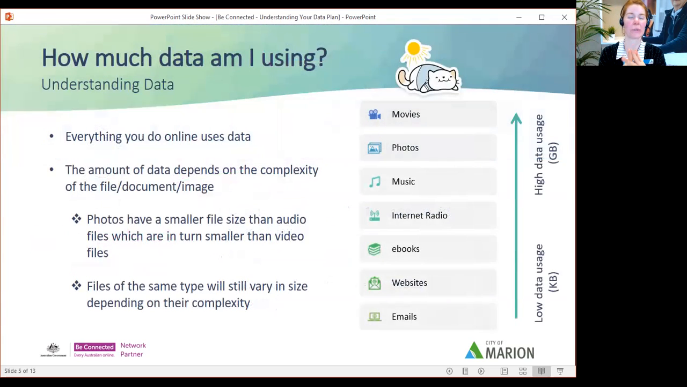So how much data you're using. I've got on the right hand side here an ascending chart of data usage. At the lowest, we've got emails and websites, and at the highest, we've got downloading photos and streaming movies. So everything you do online will use data, because what happens in terms of how data moves is that you'll